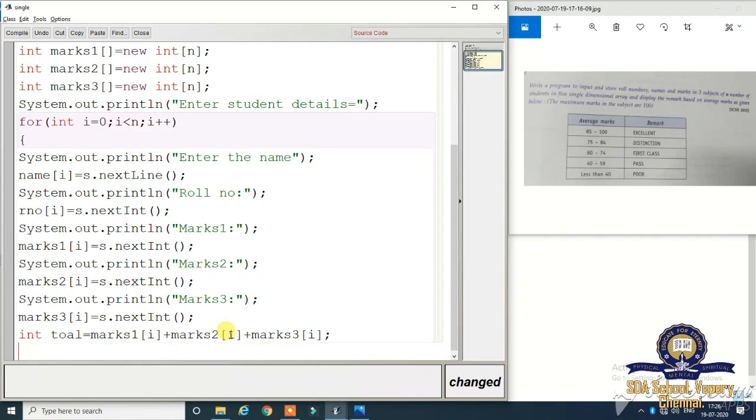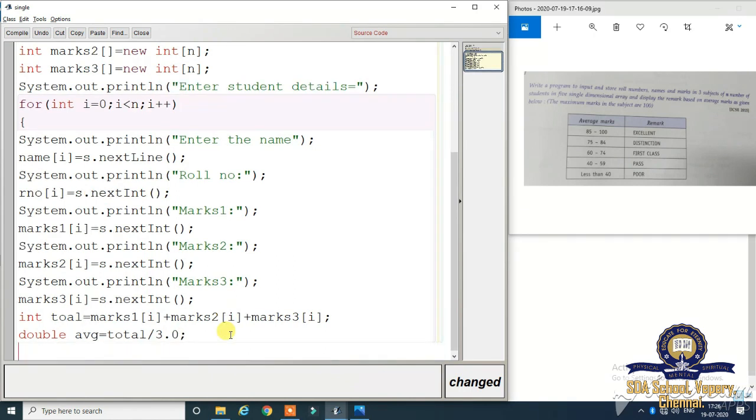Next, average. The average result may be a floating value, so I use the data type double. Average is equal to total divided by 3 marks. This is double data type, so I write 3.0.